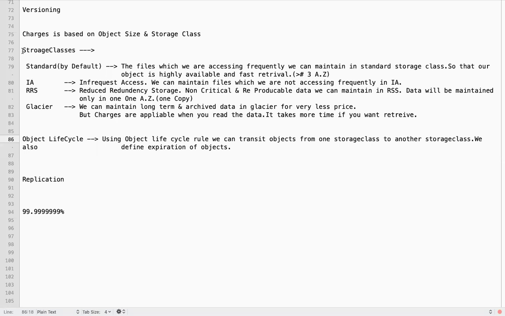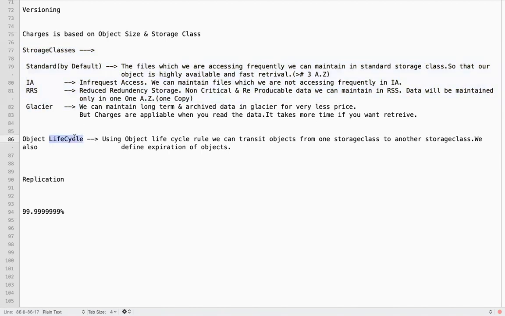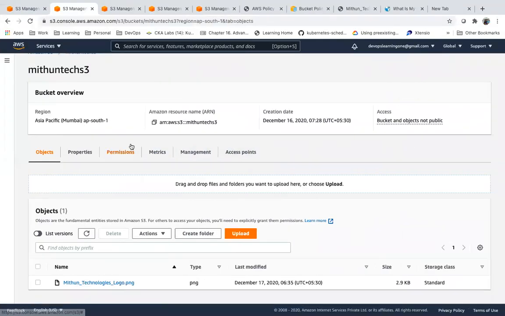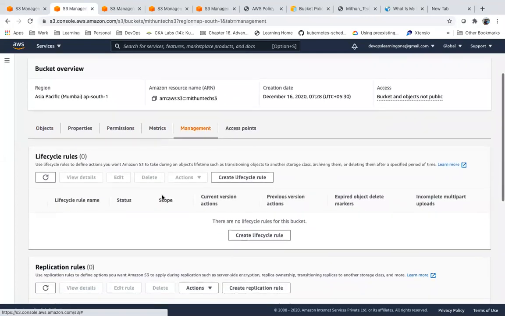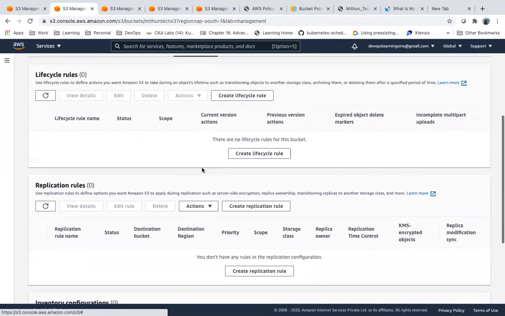So now, if your requirement is you have to move your data from one storage class to another storage class, you want to set an expiration, you have to define an object lifecycle rule. If you see here, as of now, under management in my S3 bucket, I don't have an object lifecycle rule.